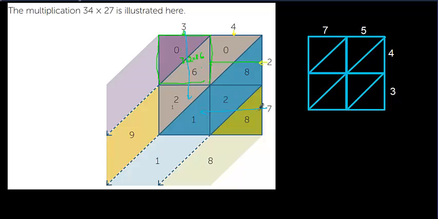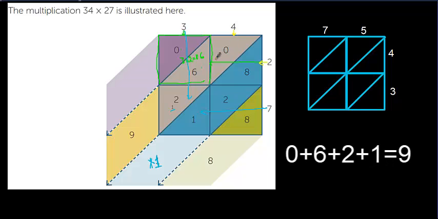Now from the back I'm going to start here. This is 8, so it's written directly here. 8, 2, 1, it's going to be 11, and when it is 11, the last digit is written here, and the first digit of 11 is written here, and it becomes like this: 0, 6, 2, 1 makes 9. So the multiplication result is